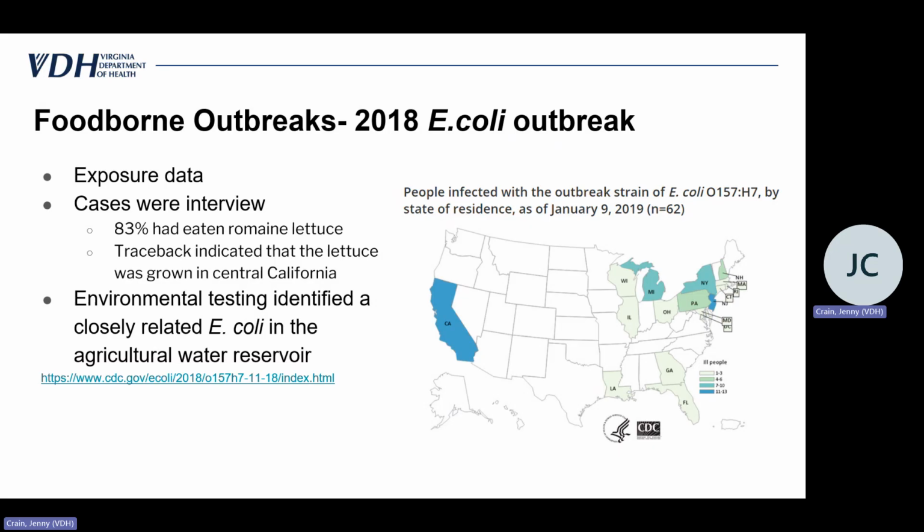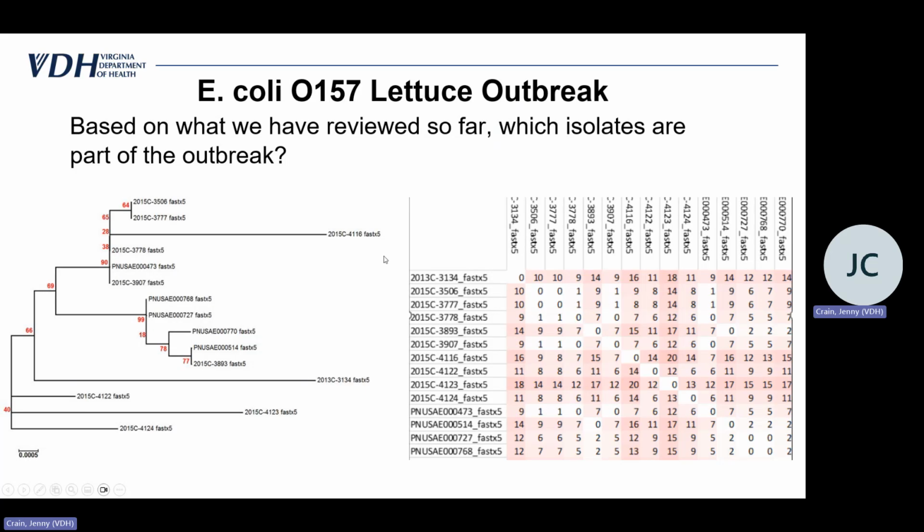And so this is a really interesting outbreak. It's pretty old at this point, but based on the information that I've given you so far about this specific example, could you look at this phylogenetic tree and this SNP matrix together, right? We'll talk about later why that's really important. You don't want to look at them in isolation, either the SNP matrix or just the phylogenetic tree. We want to use both in tandem to help us interpret these genomic results. But could you tell, based on what I've told you, which isolates are part of the outbreak? This is just a teaser for the later lessons.